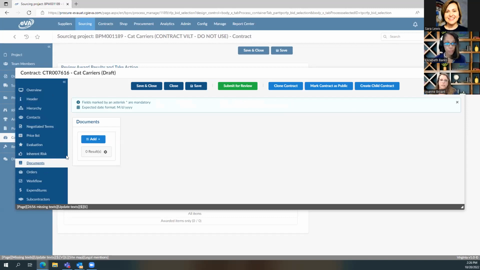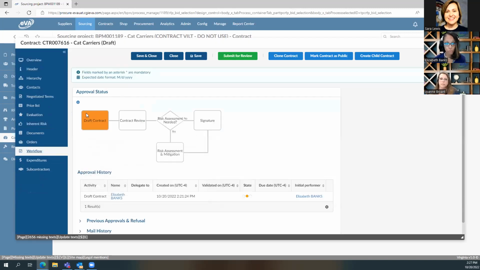Documents, this tab here, you can add any and all documents pertaining to your contracts. If you have additional information, you can add it here. It could be part of the main contract, or you can have supplemental documents that can go along with the contract. You can click other documents here and add those. You can see your purchase orders as well. When it comes to your contract, you can see who's purchasing against those contracts.